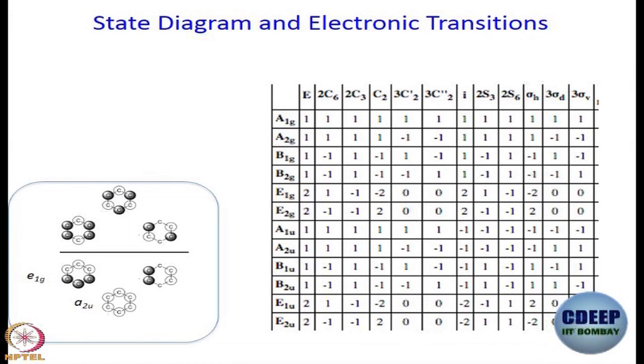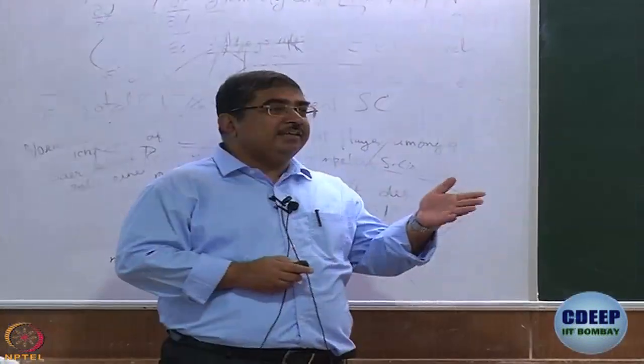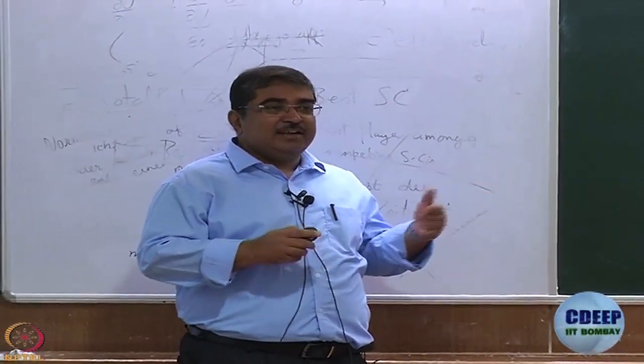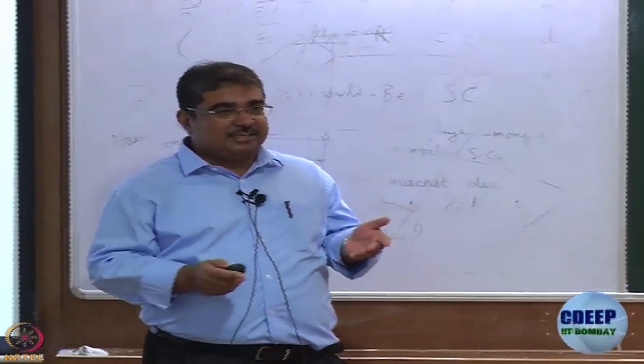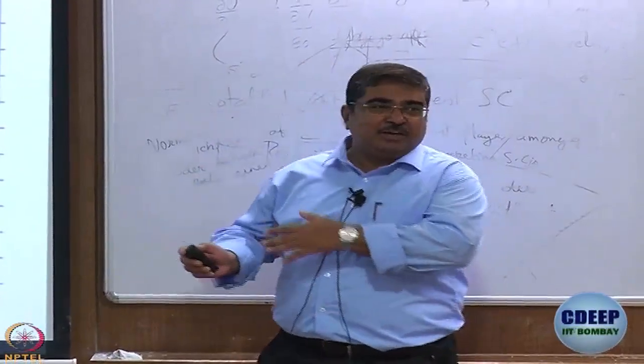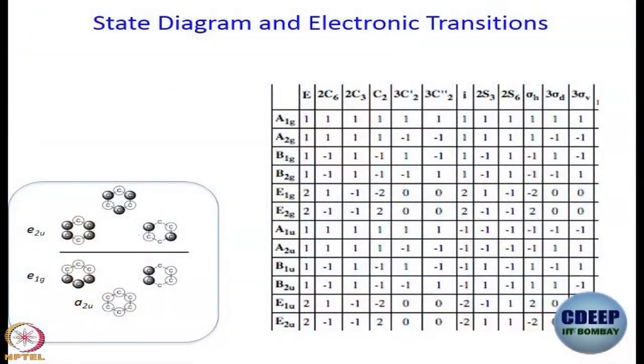If the character table is given, character table makes our life a lot easier, as we have actually learned in the inorganic chemistry class, where without even understanding what character table is, you could use it and get your results, right. So, here hopefully you understand a little more. Similarly, you can work out that this is E2U, and I leave it to you to work out that this is B2G, alright.